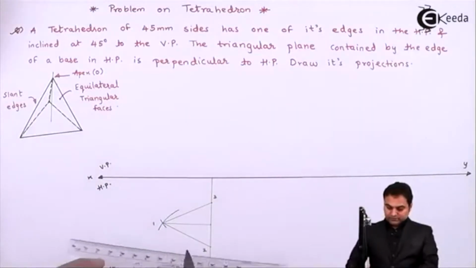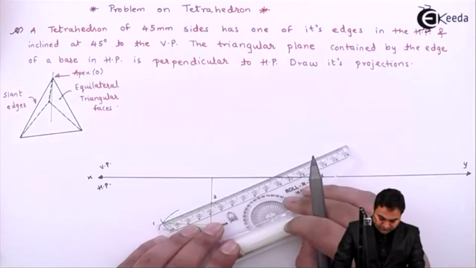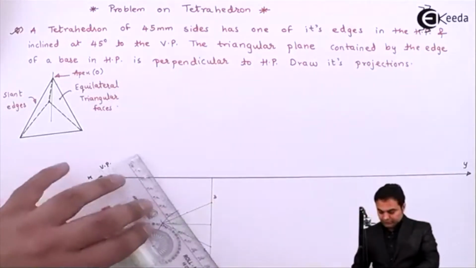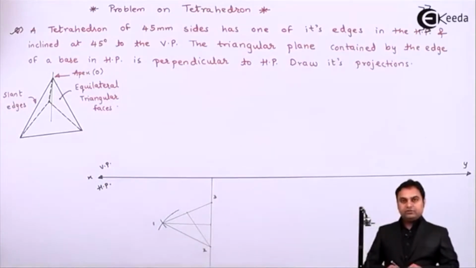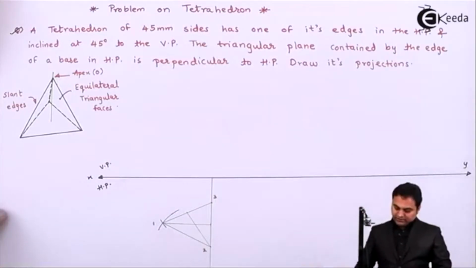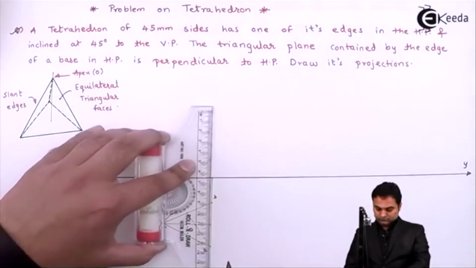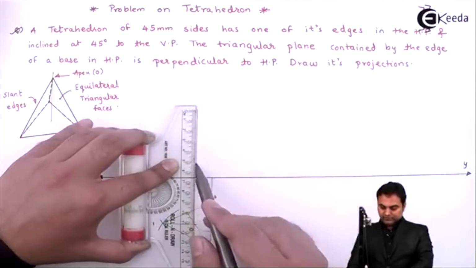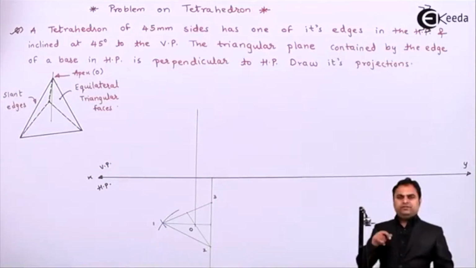Then from any one of the other sides, I'll again take the midpoint of it and join it to its opposite corner. So by the intersection of these two lines, here I'll get the apex, which is point O. Projecting the apex in the front view, it will become an axis of the tetrahedron because the apex also shows the axis, and in the top view it appears as a point. In the front view it will appear as a line.